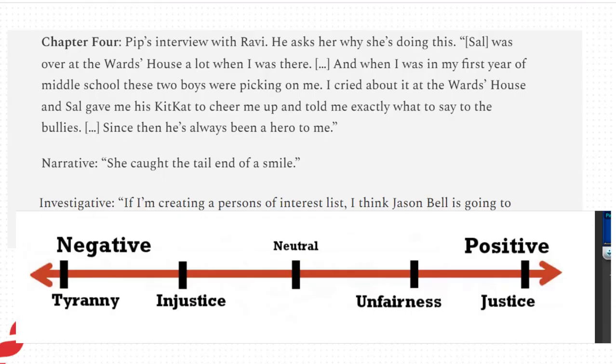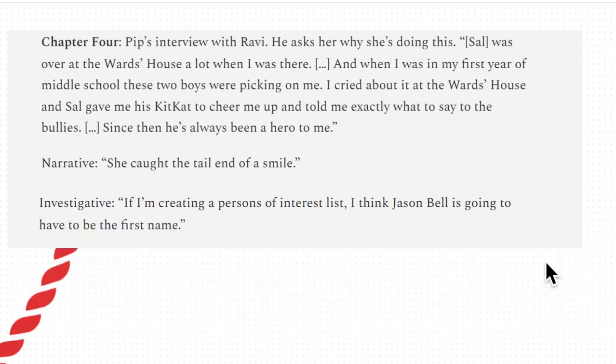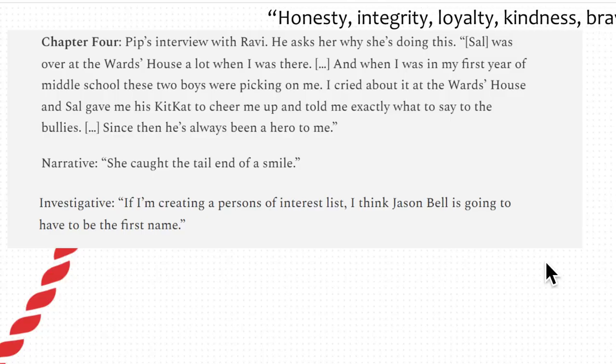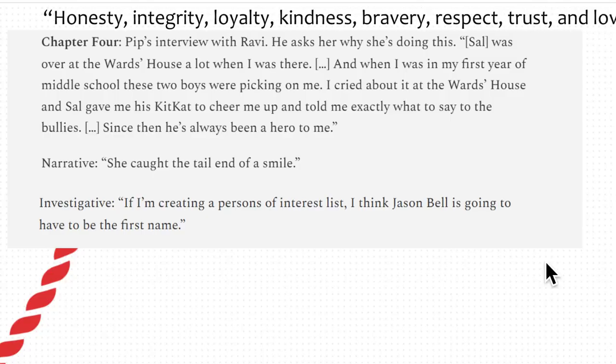And a crime story, which is what this is, focuses on the value of justice. So here, throughout this first few chapters, we're really establishing that we're in a state of injustice, that justice has not been served. From Writing the Breakout Novel by Donald Maass, he says, honesty, integrity, loyalty, kindness, bravery, respect, trust,